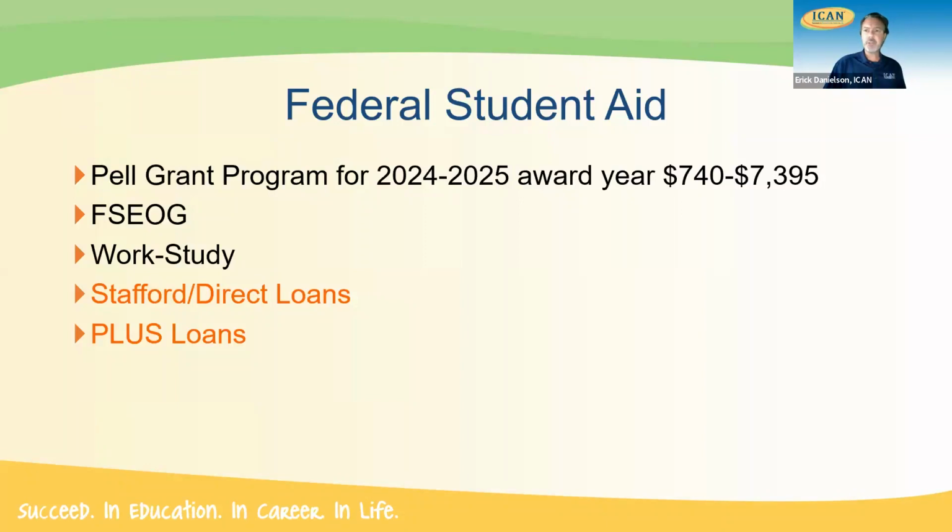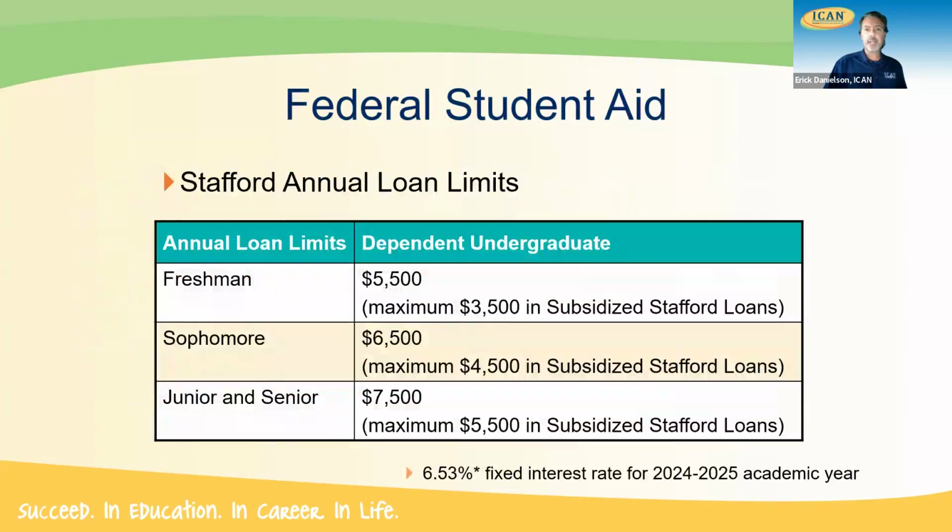Now, something that every student is really going to see on their financial aid offers just by filling out a FAFSA form will be the Stafford or direct loans. What a student can get as a freshman is $5,500 in a federal Stafford loan. If they have financial need, up to $3,500 could be subsidized, which means the interest is paid for while they're in school. The other $2,000 would be unsubsidized. Now, if a student has no financial need after any other aid given, they could still get $5,500 in the federal Stafford loan, but all of it would be unsubsidized, where the interest starts accruing right away on that loan.